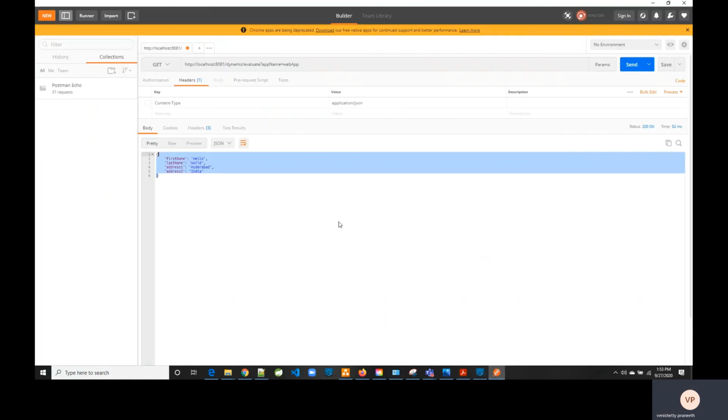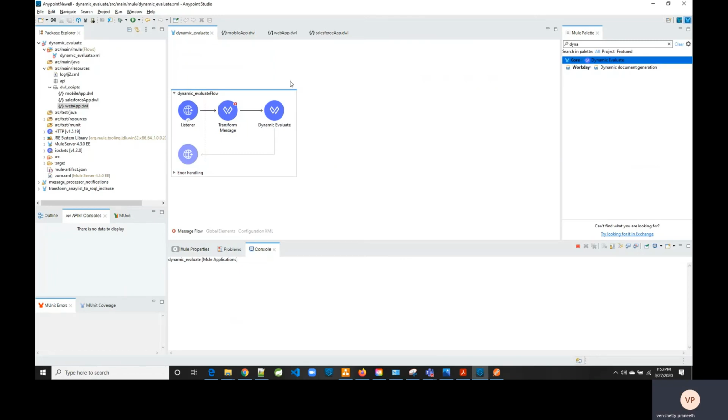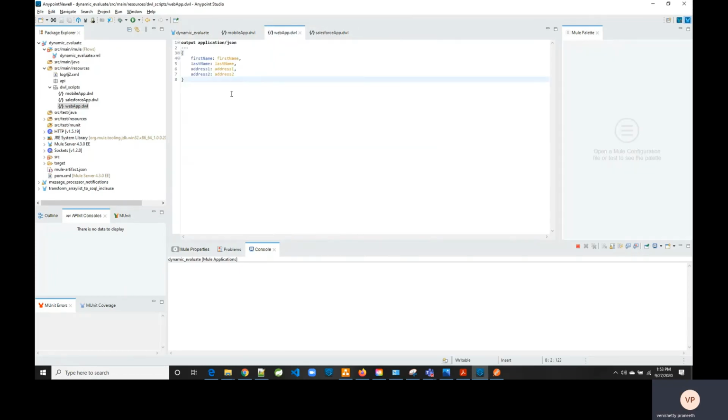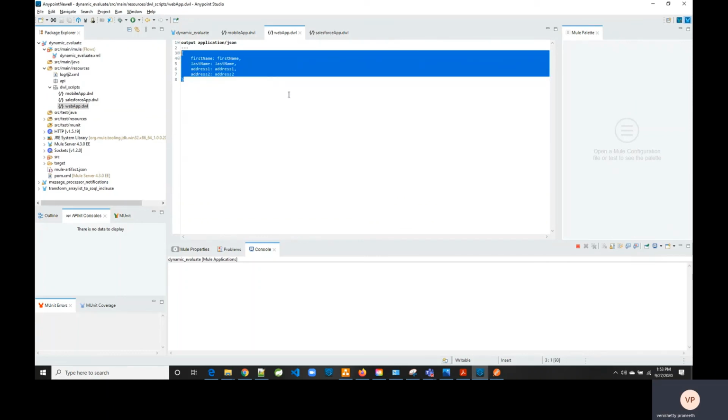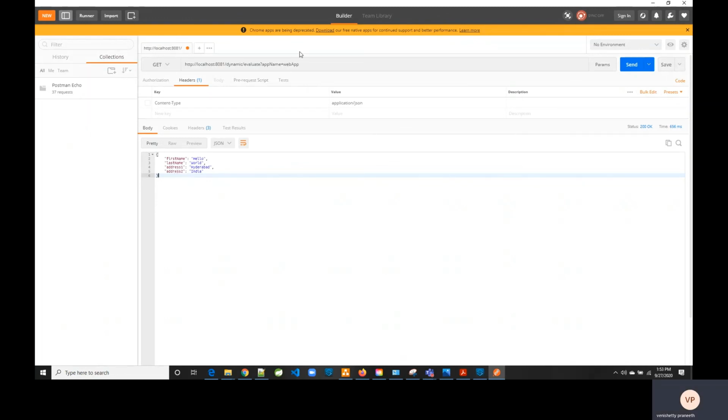We shall go into Postman. What I've done here is localhost 8081 dynamic evaluate, and app name I'm passing as web app. So when I'm passing web app, I'll be expecting first name, last name, address 1 and address 2 as part of the response. Trigger. See, we got first name, last name, address 1 and address 2.